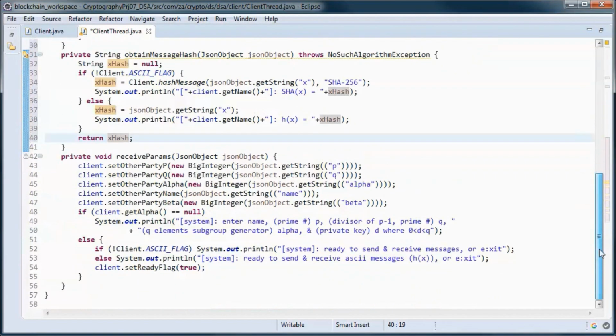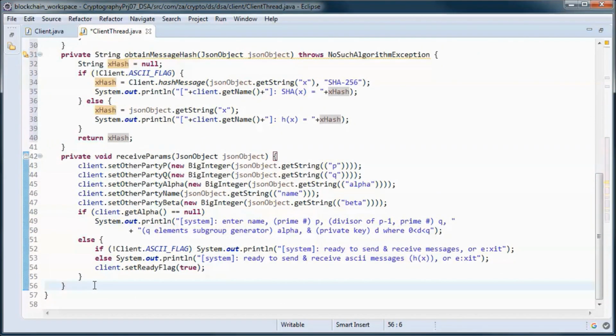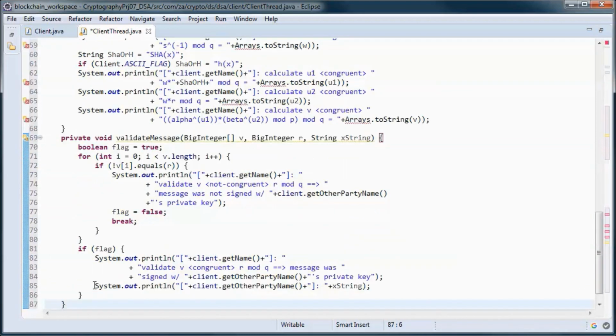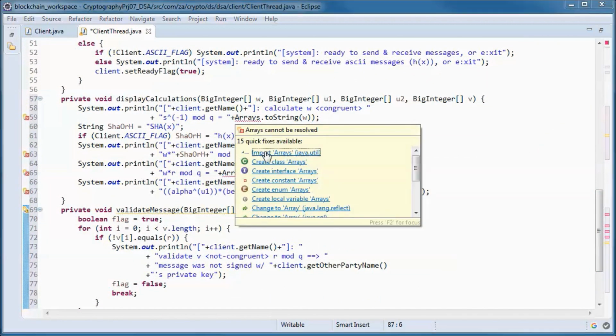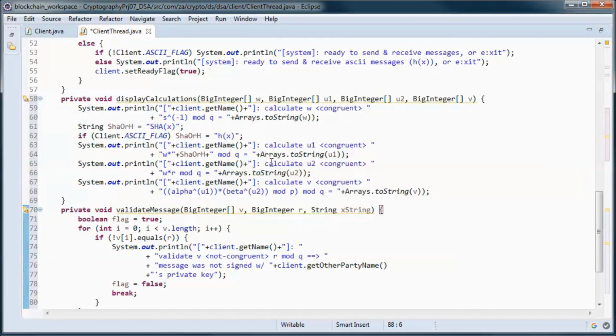And we need those two helper methods. This one displays calculations for W and U1 and U2 and V.